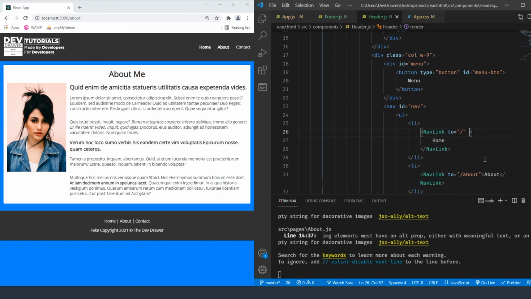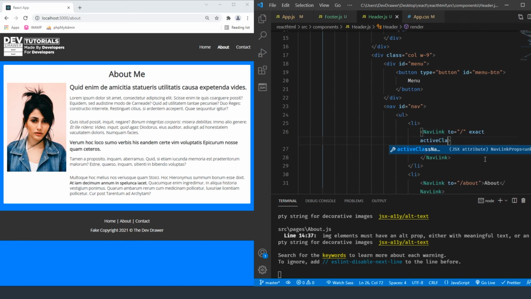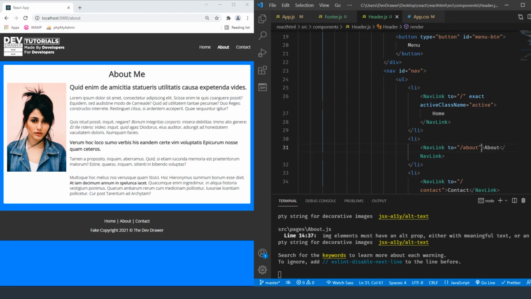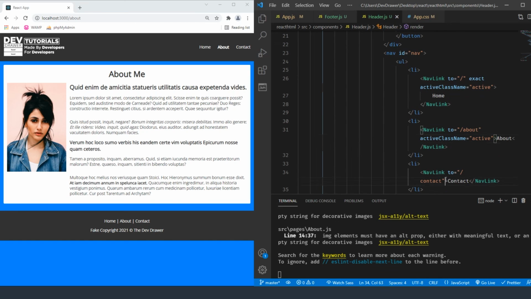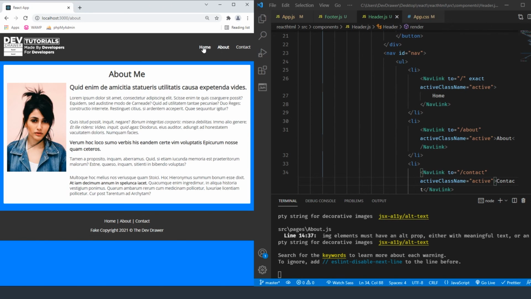So we want to make sure that this one again is exact, so if it's on the slash page, it'll also do this. So we're going to do active, so activeClassName equals active, and then I'm just going to copy this. We don't need the exact on the other links, we just need the exact on the home page because it has that slash in it. So we copy that, then we copy that. Okay, and as you can see over here, now it's only updating and highlighting the page